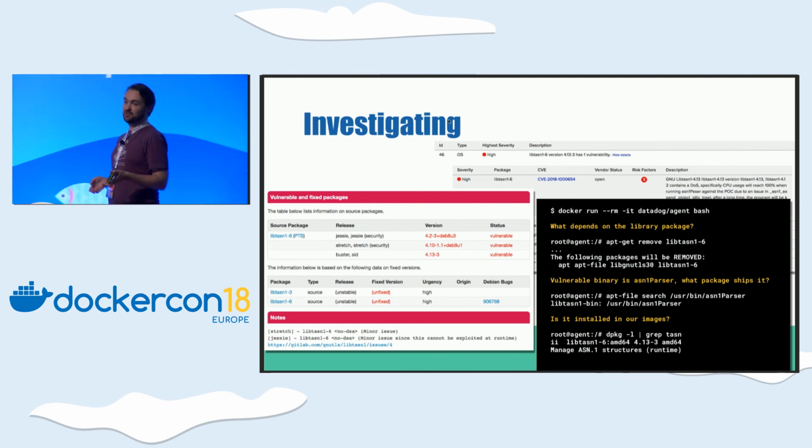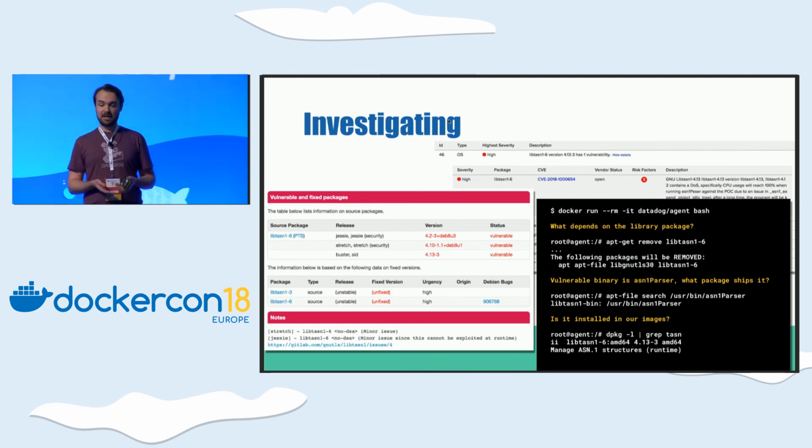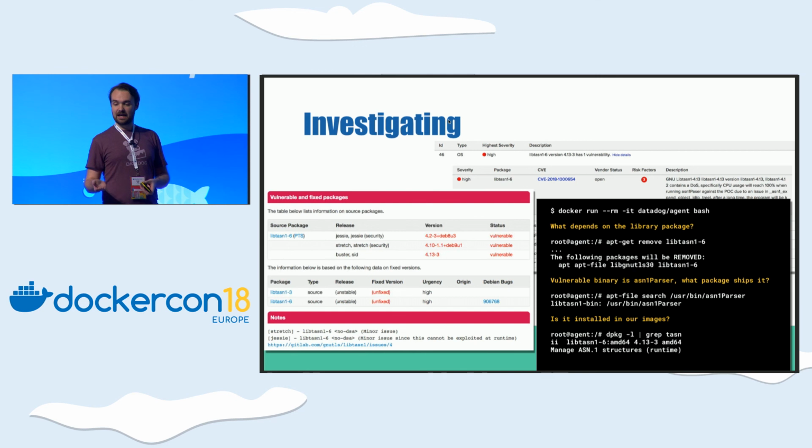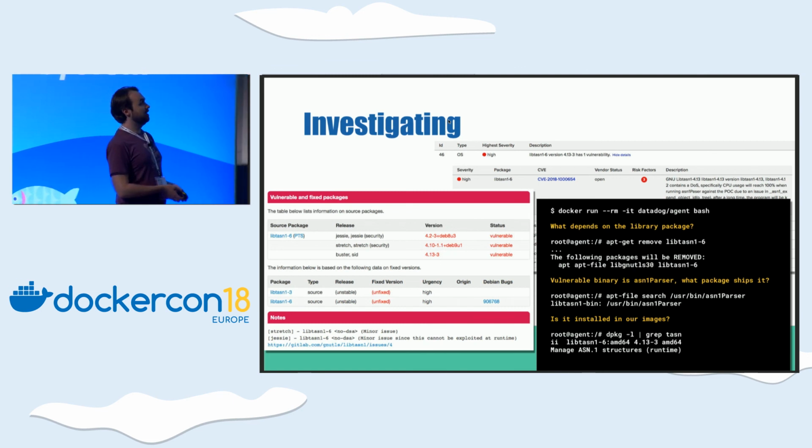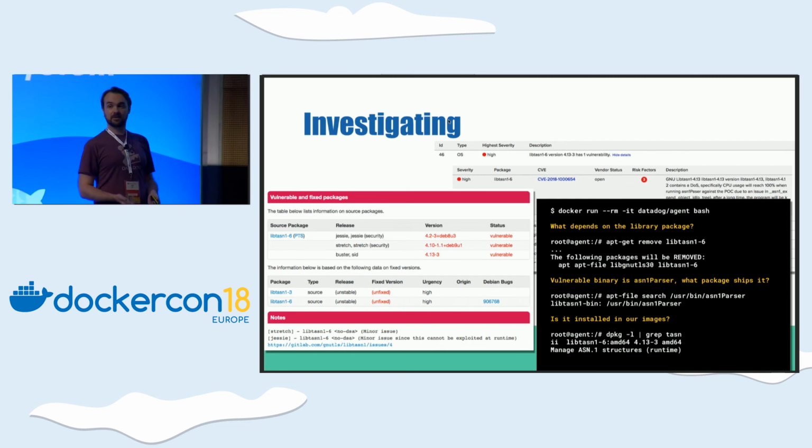That's actually a false positive. What's happening here is that the CV packages are tracked at the source package level, libtsn1-6, and not at the binary package level. So that was actually a false positive. We discussed this with upstream scanners, and we decided to whitelist it.